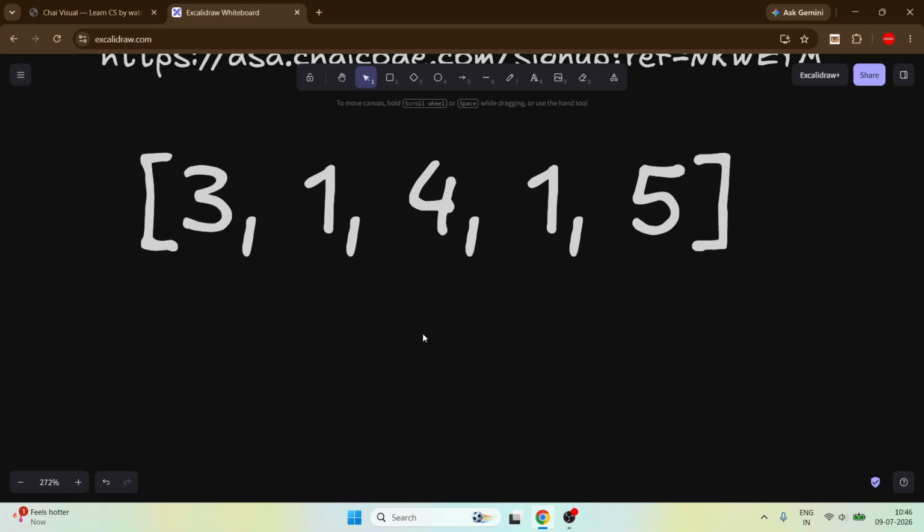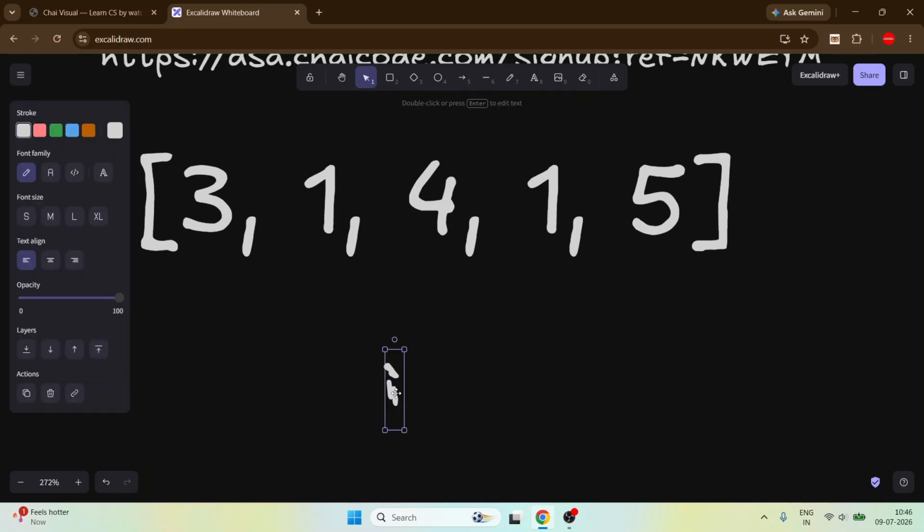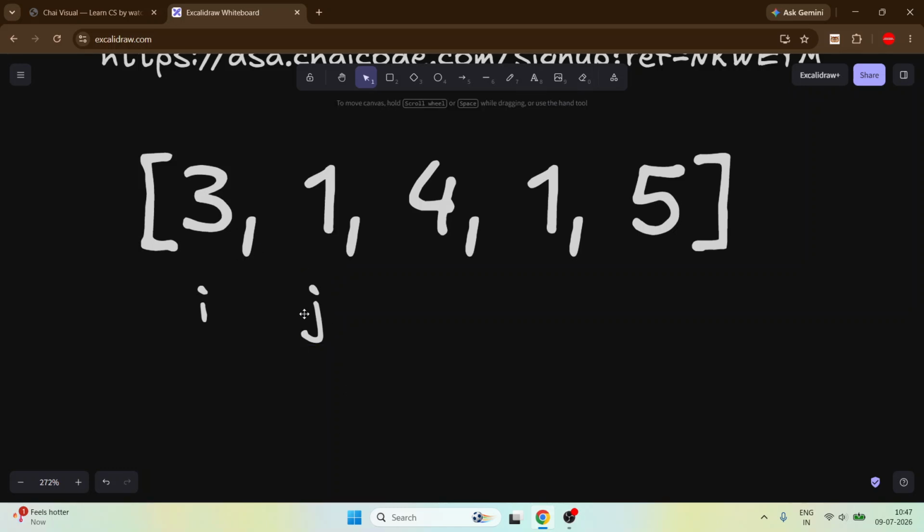Duplicate like two elements of the same value, how could we find this? The easiest way to find that is using two loops. Suppose let's take a loop i, and let's take another loop that is j. Start the i from the starting and start the j from i plus 1. Okay, and check, are both equal?